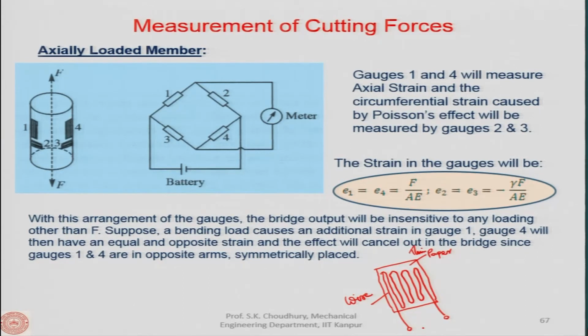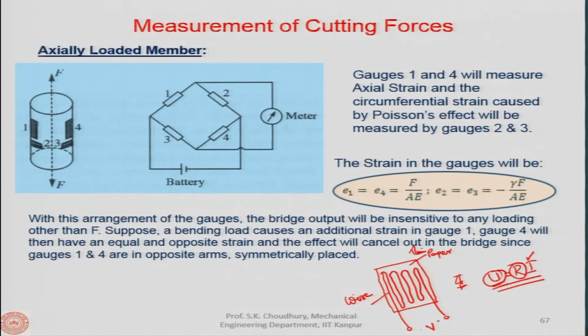Now, if we pass some voltage through this, then the current depends on it according to Ohm's law, U equal to R into I. The voltage will depend on the resistance, and this is the current. So, this will depend on the resistance of this wire. Now, if the resistance is changed, then with I being constant, suppose, the voltage will be